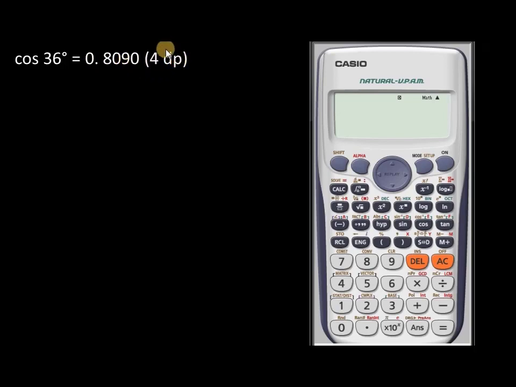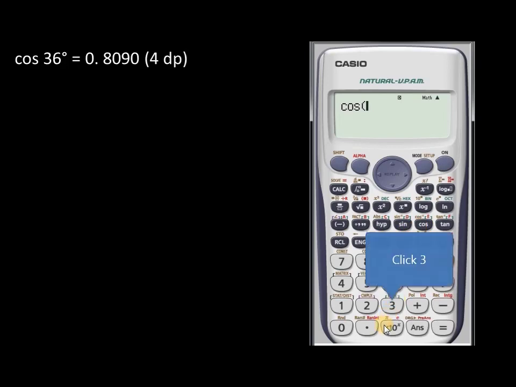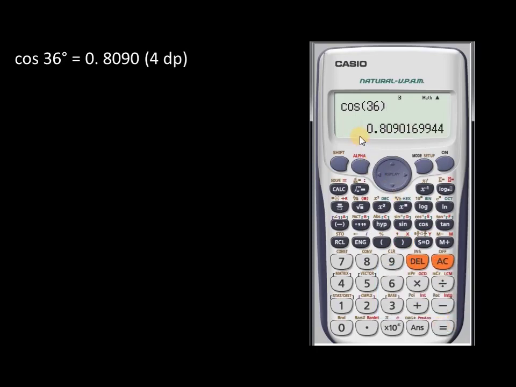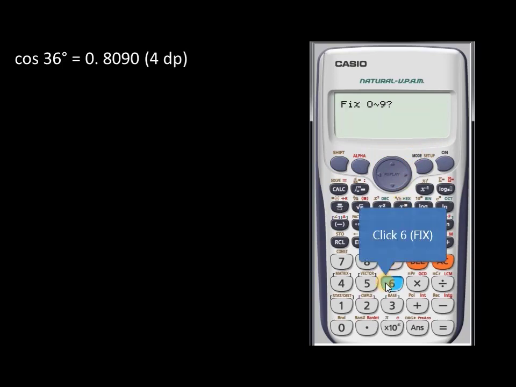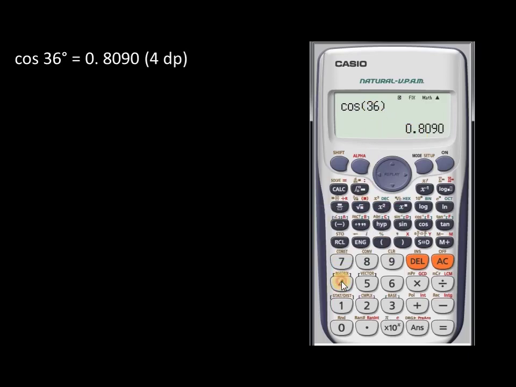The answer to this question is cosine 36 degrees is equal to 0.8090 to 4 decimal places. To do this on the calculator, we click cosine, we click 3, 6, we click close bracket and equals. This is the long answer. We don't want all the decimal places, so we do shift, set up and choose number 6 for fix. We want to fix it to 4, not 0, not 9, but 4, so put 4, and there is the answer,